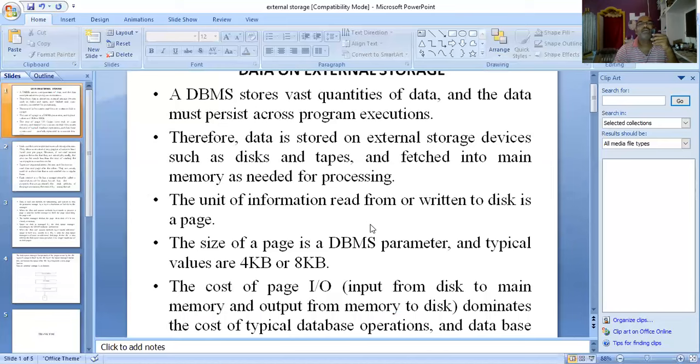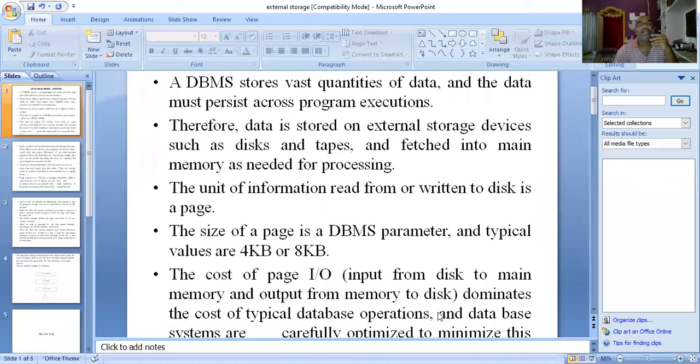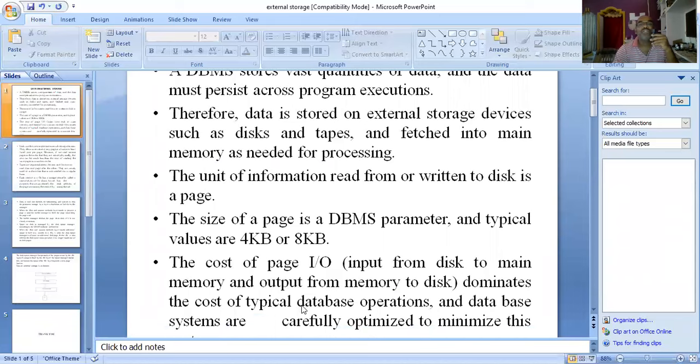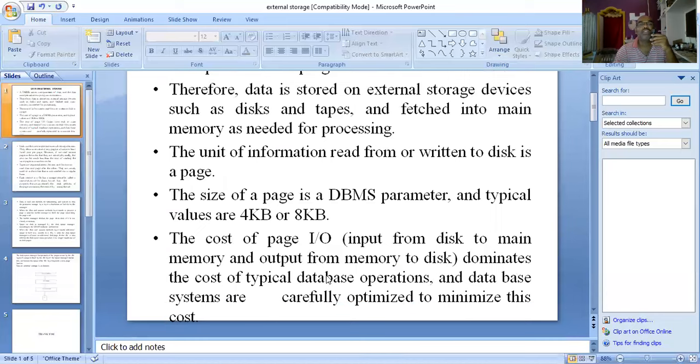Next, the cost of page input output operations dominates the cost of typical database operations, and database systems are carefully optimized to minimize this cost.